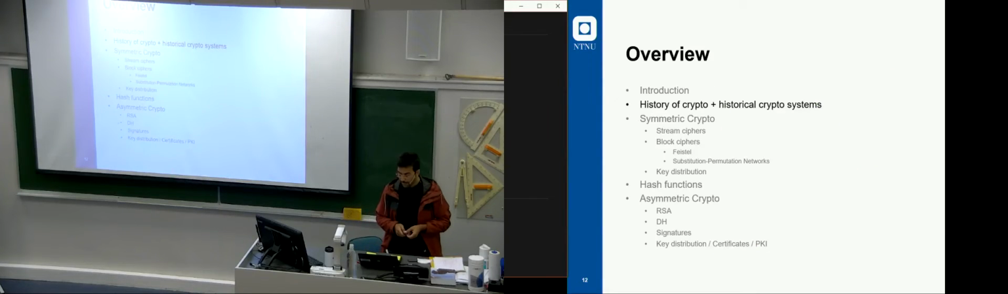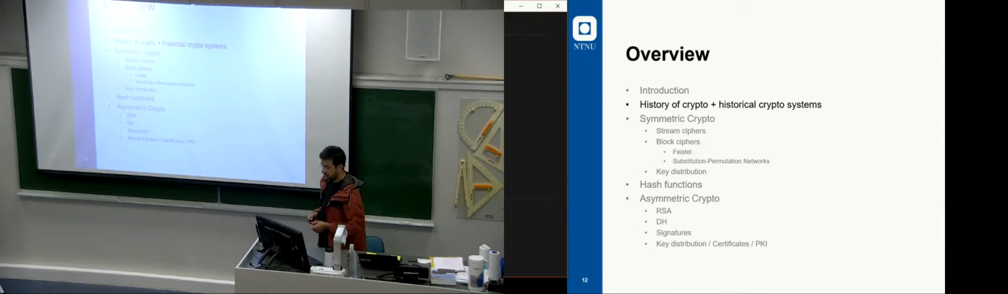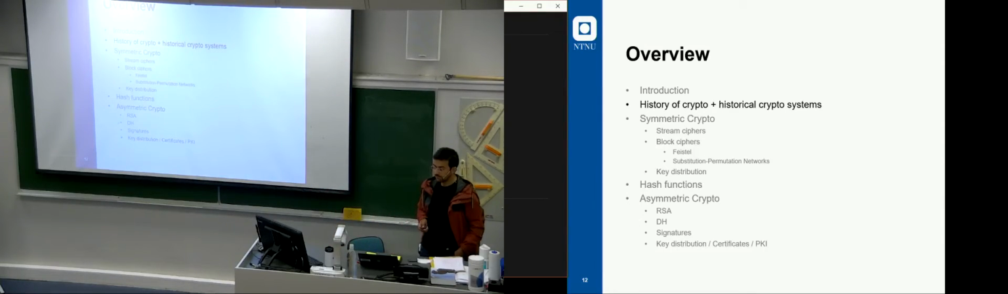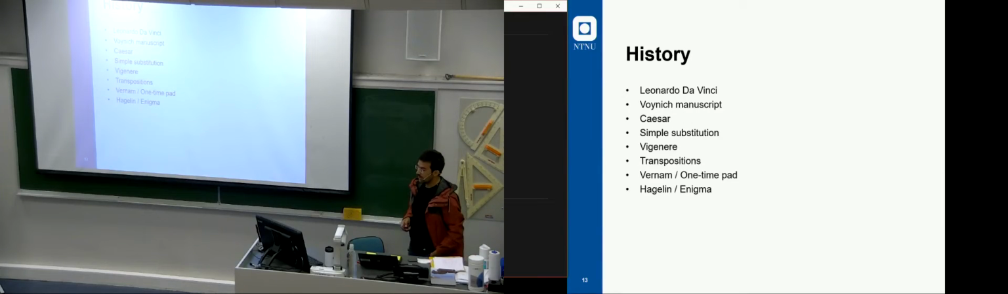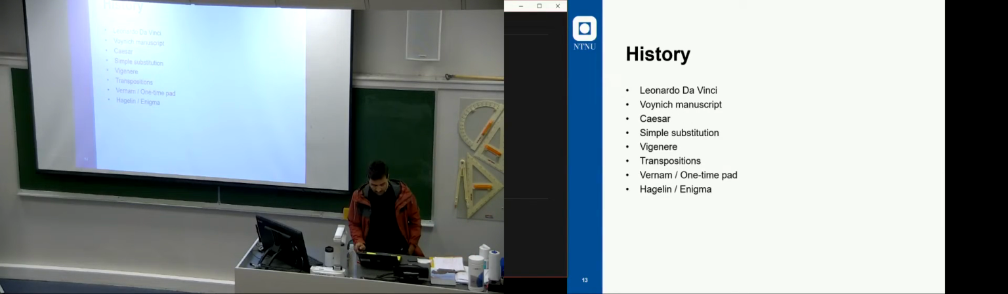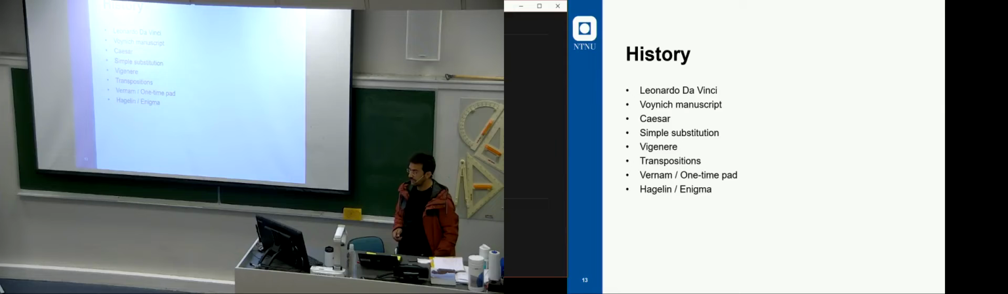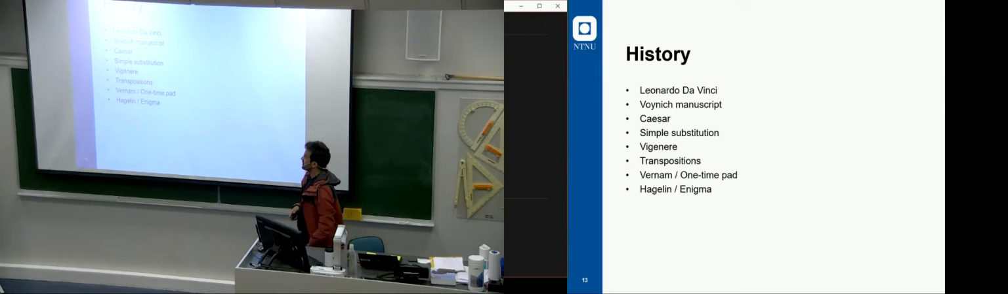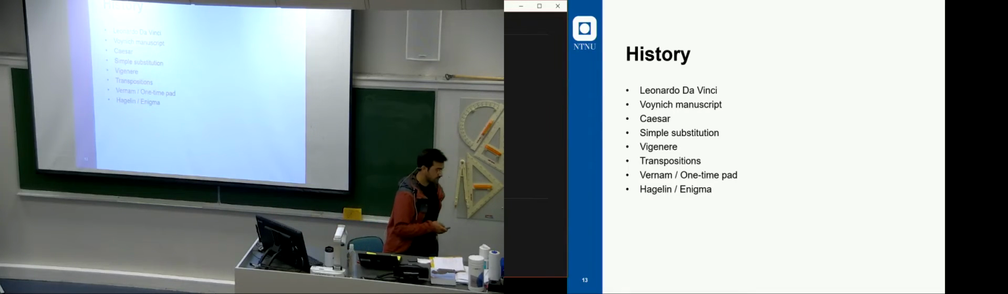Now, here starts the history of cryptography, the historical background. Started from Leonardo da Vinci. Then there's the Voynich manuscript. Then comes the Caesar cipher. Then we will see simple substitutions, Vigenère cipher, then transpositions, then a few more things that we will see. The first two are not actually